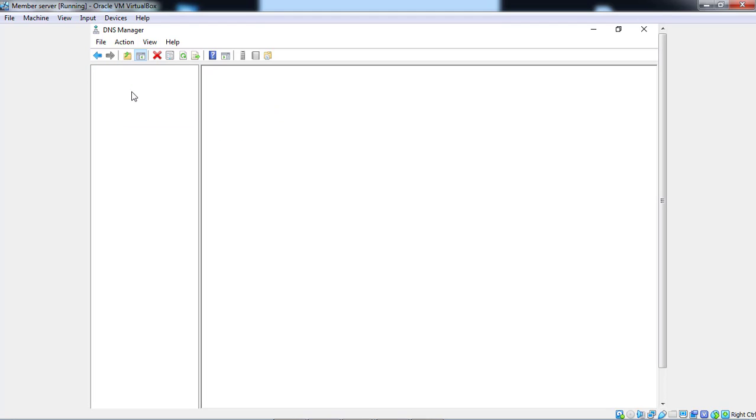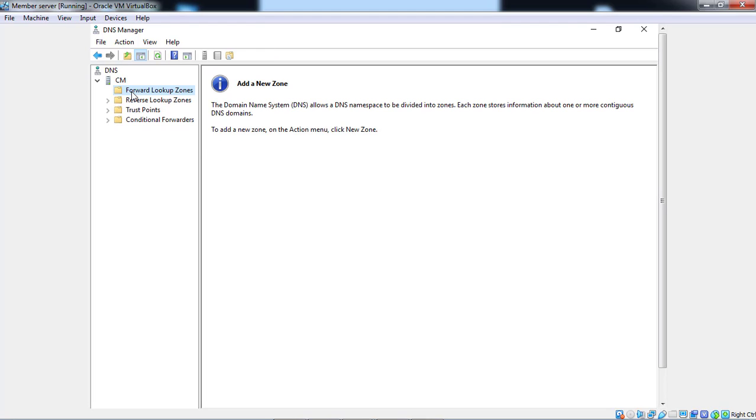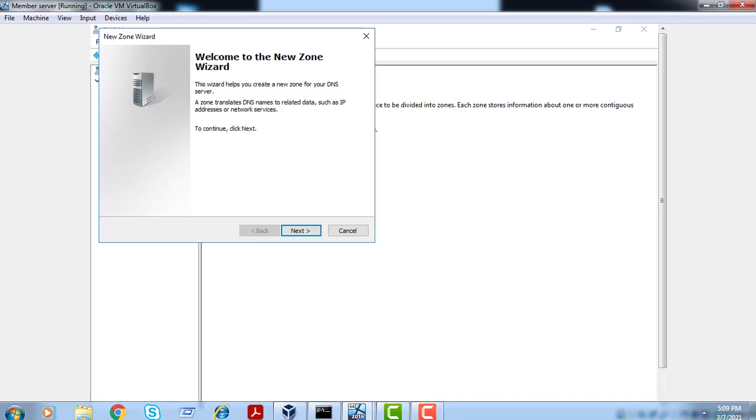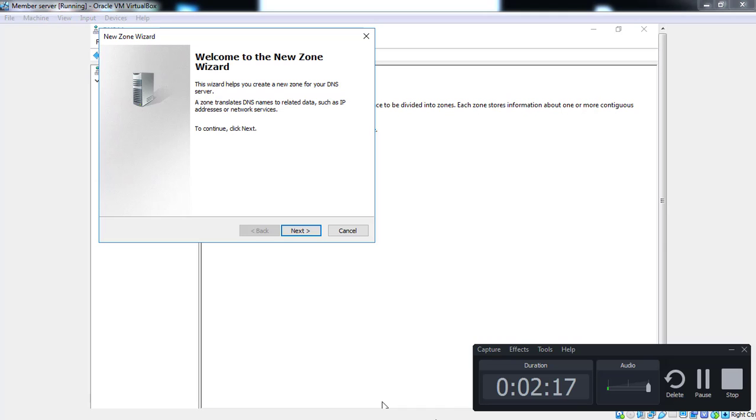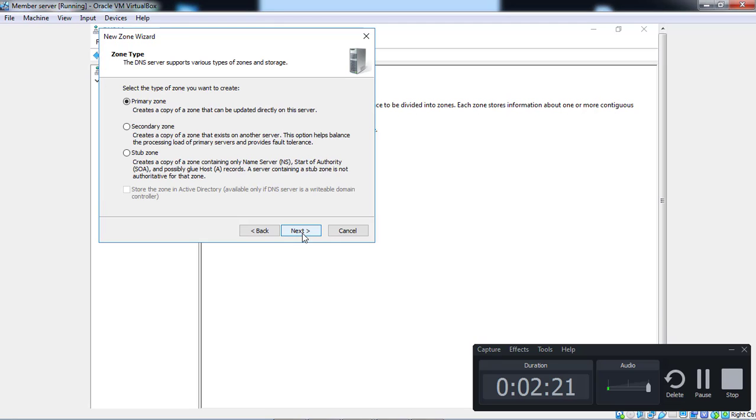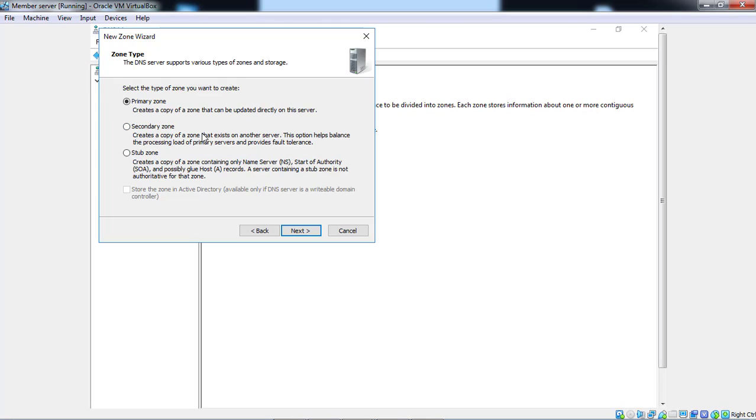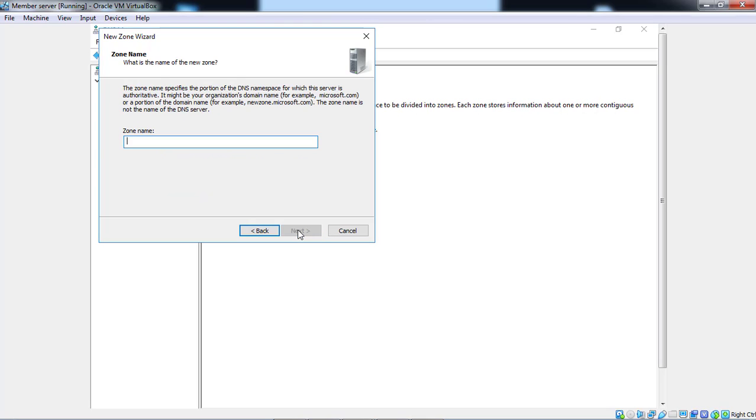This is the forward lookup zone. Then right click here and click New Zone, then click next, and create the secondary zone instead of the primary, because the primary we have already created on our domain controller.